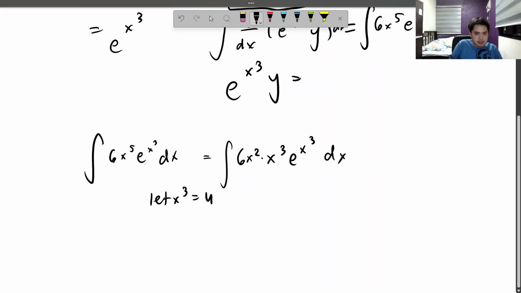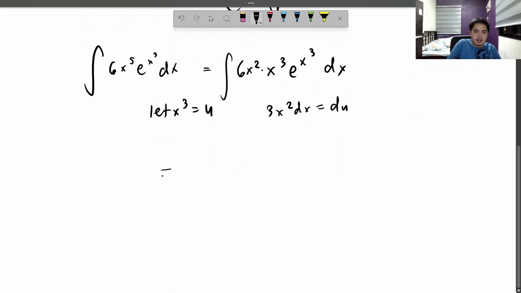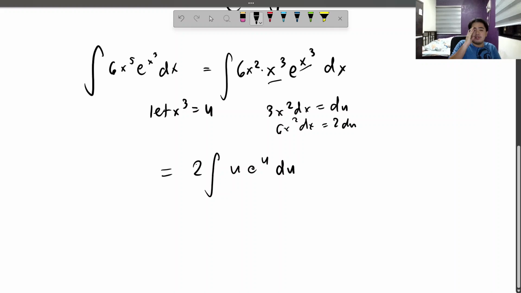Let x cubed equal u. Now, 3x squared dx equals du. Now, 6x squared is twice 3x squared, so we can put 2 and then du here, since 6x squared dx equals 2du, right? Now, x cubed becomes u, and we're left with our integral, u e to the u du. This is a classic case of integration by parts, and we can use the DI method for